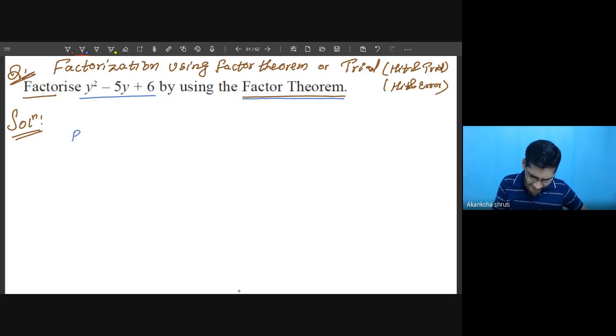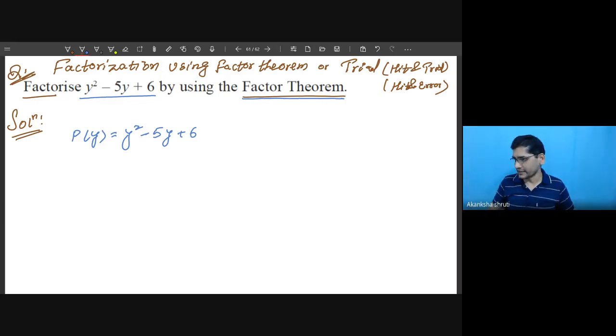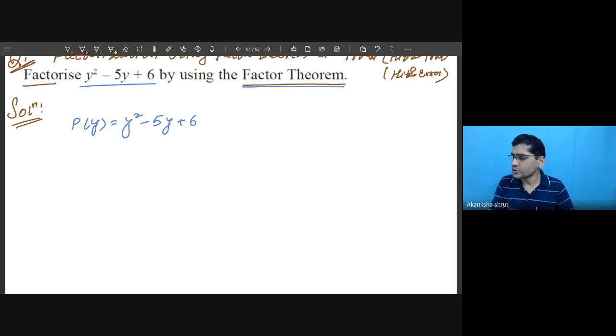So right here, the given polynomial is p(y) equals y square minus 5y plus 6. We want to get the zeros basically, and those zeros we get by using trial, or just by choosing some value and substituting. If this p(y) becomes 0, then that will be a zero. But what to choose, that is the question. So give a trial